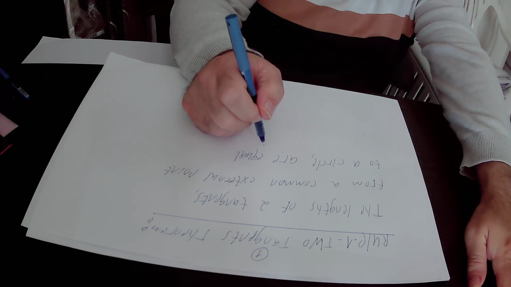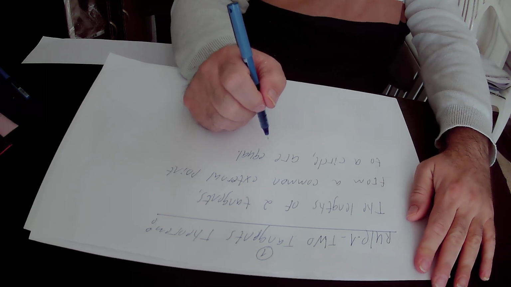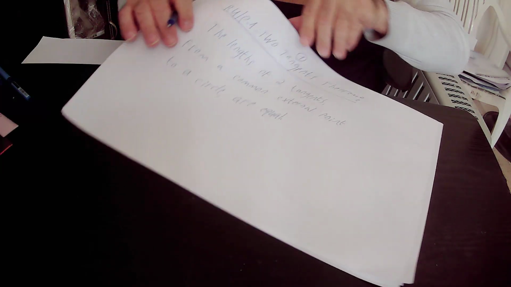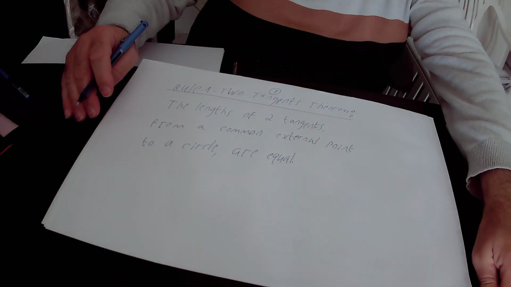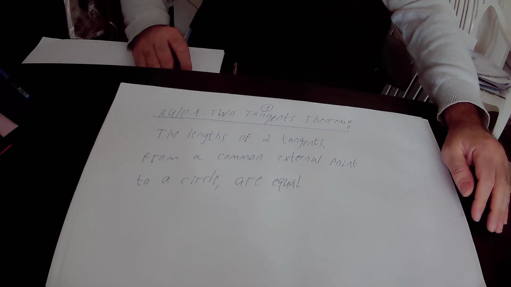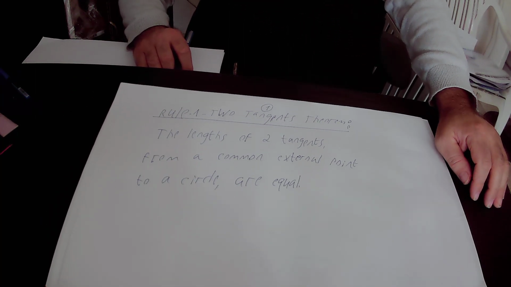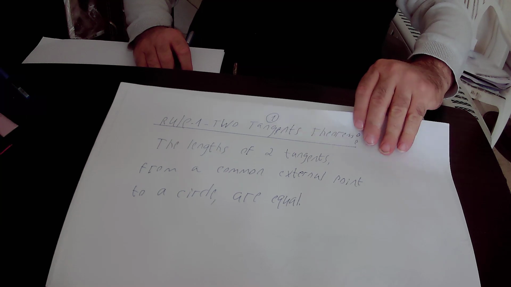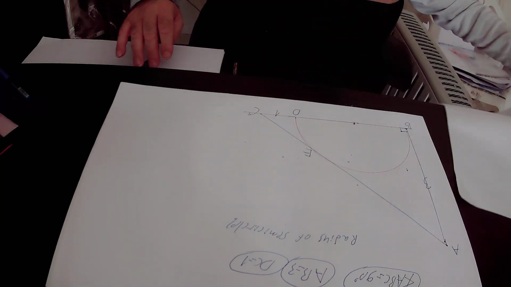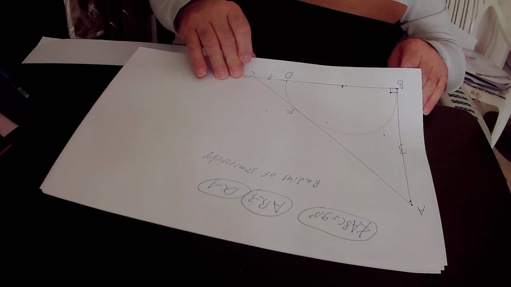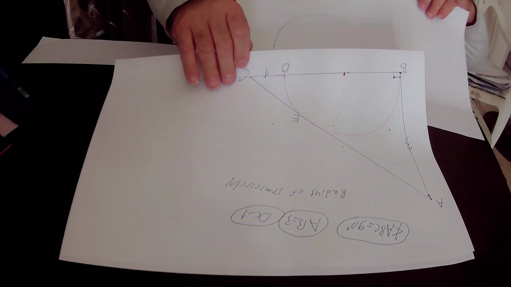So I will read rule number 1 or the 2 tangents theorem again. According to the 2 tangents theorem, the lengths of 2 tangents from a common external point to a circle are equal. So what is the meaning of rule number 1? The meaning of rule number 1 is that if you have this circle